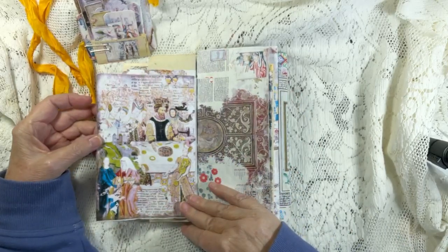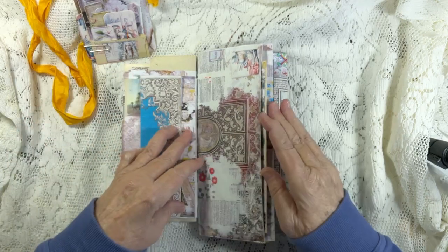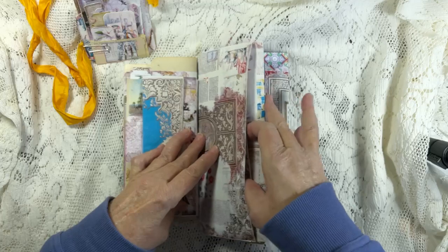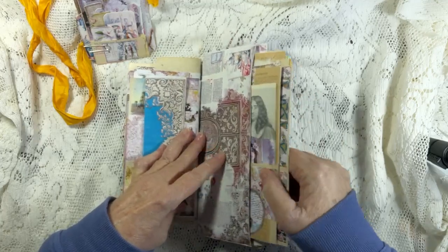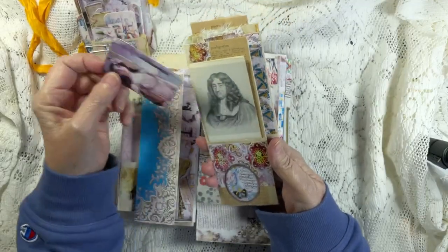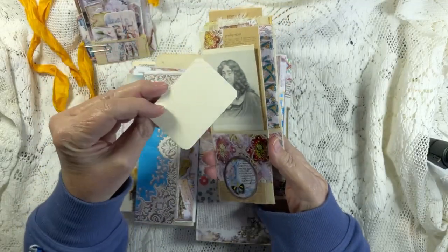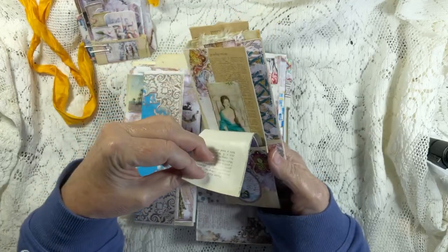and this beautiful piece here. I love all those colors. Here is the pocket, and in this pocket is where I placed this piece here. This was the first fold that we tried to do, and I knew I had done it wrong, but I loved it. So